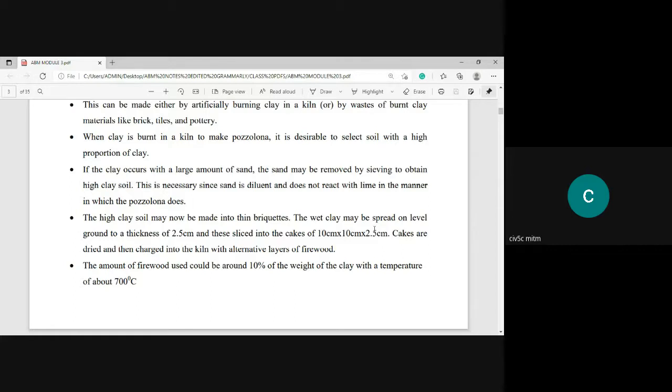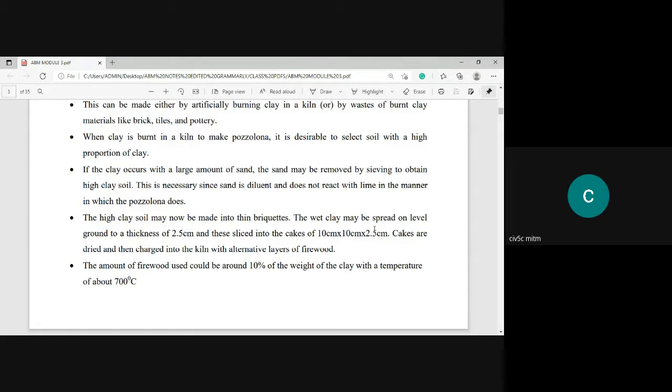Just like a cake, square briquettes. Those are called briquettes, of size 10 by 10 by 2.5 centimeter thickness. Square pieces, you just cut them like cake. Then allow them to get hardened, or allow them to dry. Later, once they dry, take out those briquette pieces, and then burn them in